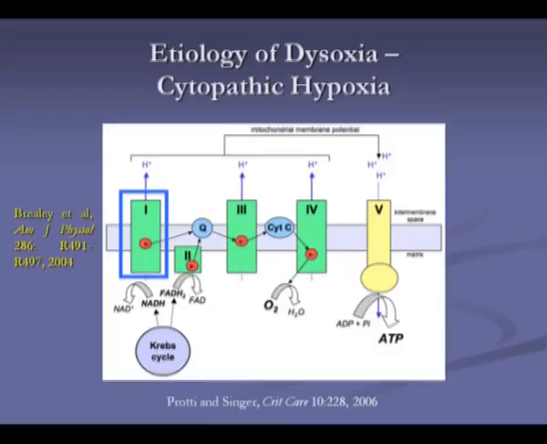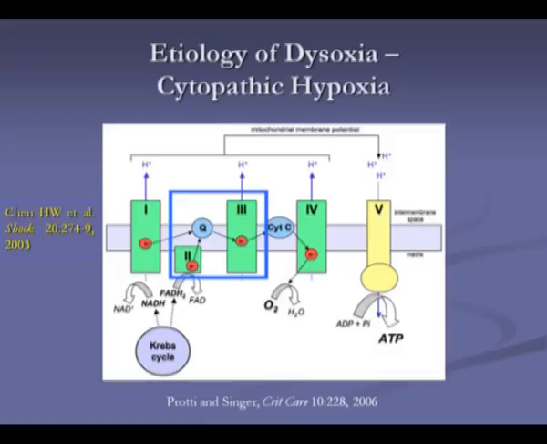And it would imply that the electron transport cascade, shown in this cartoon here, has something going wrong with it. Now, the transport cascade consists of 5 complexes that are linked, that pass electrons delivered from various and sundry different metabolic substrates, ultimately to be delivered to oxygen used to create water, and the energy gradient that develops used to generate high-energy phosphate, ATP.